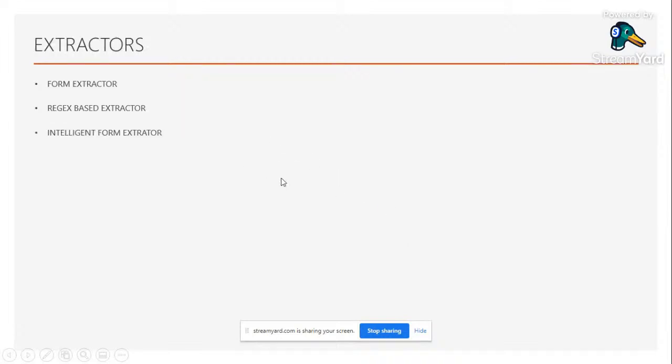Discussing the extractors, we have three types: the form extractor, the regex-based extractor, and the intelligent form extractor. To have a high-level overview of these three types, firstly, the form extractor is mainly used for structured documents, and the regex-based extractor is mainly used for semi-structured documents. And then